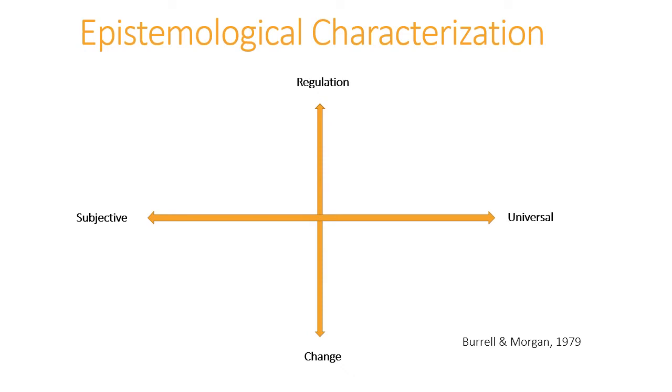So this is one of the earliest ways in which paradigms have been conceptualized. Beginning with these two axes, I want to start making sense of what the paradigms do. Now, don't worry about this big word at the top. Epistemology just has to do with the philosophy of the nature of knowledge. Okay, so here we're talking about how these paradigms are characterized in the different ways they view knowledge and its nature. So let's talk about the first axis here.